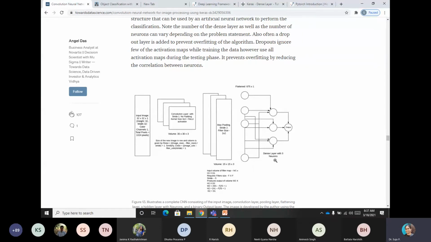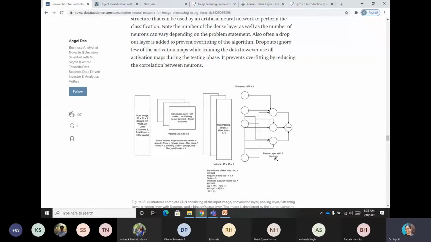This is called a dense layer or fully connected layer. We can call it a dense layer or fully connected layer. Basically, dense layer means all the elements in the flattened vector, the flattened neurons, will be connected to every neuron in the dense layer. That means the connections are very strong here.